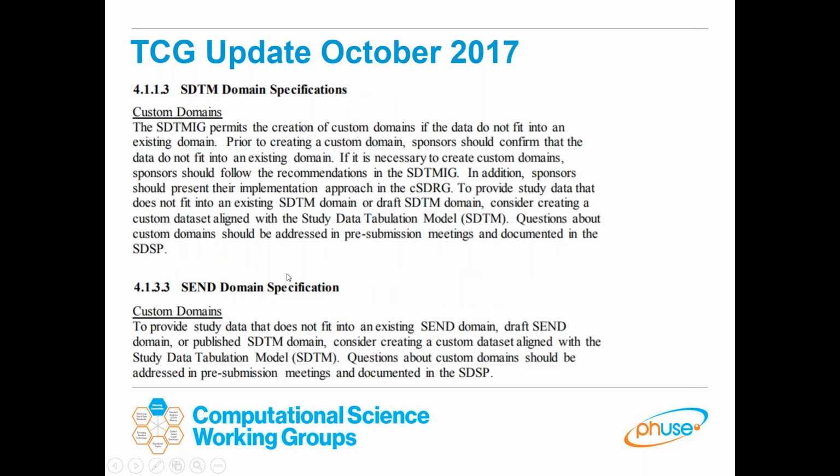Also, I noticed a couple of other things in the TCG: if you have questions about custom domains, whether it's clinical or even SEND, that should be documented in the SDSP. That's what this document is for, to have those discussions early, before the end of phase 2 meeting, on what your standards are, what you've used in the past, what your approach is,